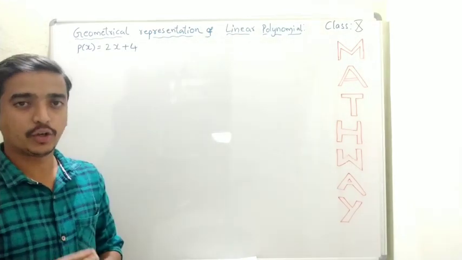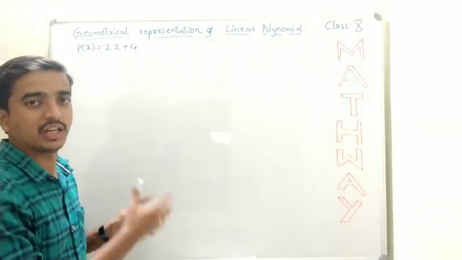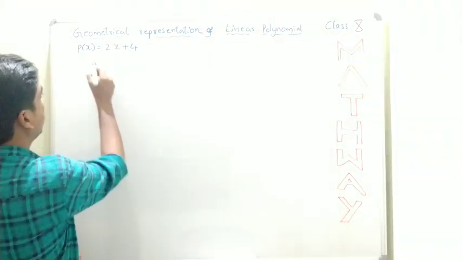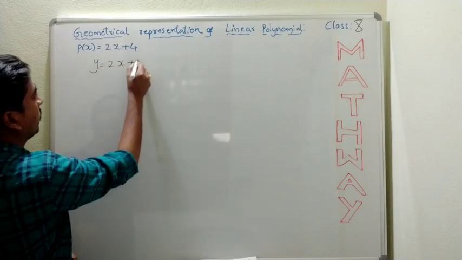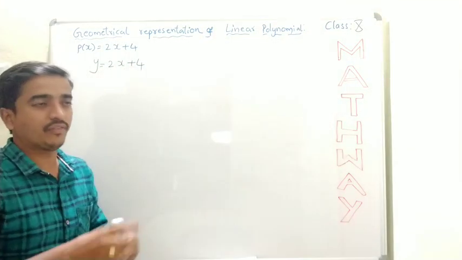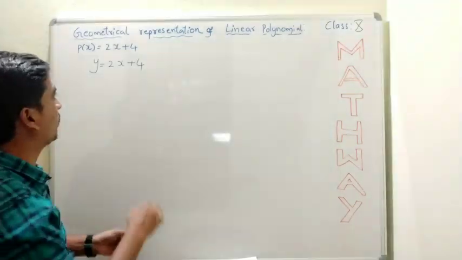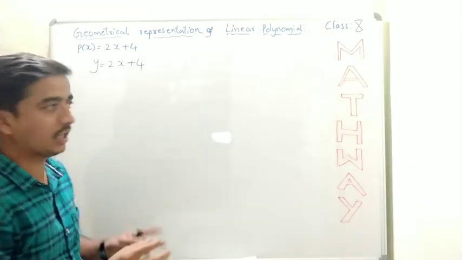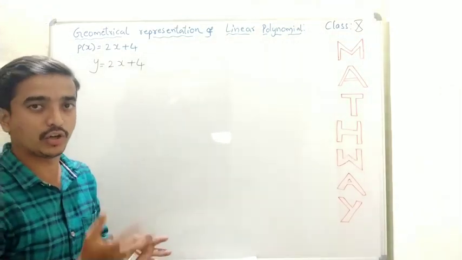To find the zero of a linear polynomial by using the graph, we have to follow some procedure. Let us see what that is. First of all, take the given polynomial as y. So take y equals 2x plus 4. In the graph we have to take a Cartesian plane, which has 4 quadrants. By substituting x and y values, we get the x coordinate and y coordinate. After plotting all the points in the graph, we can know where the zero of the polynomial is.